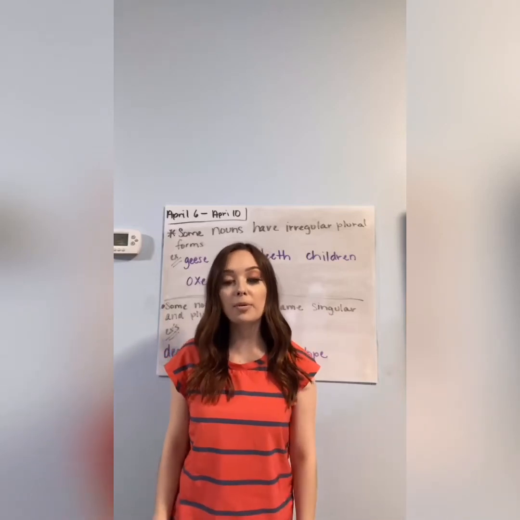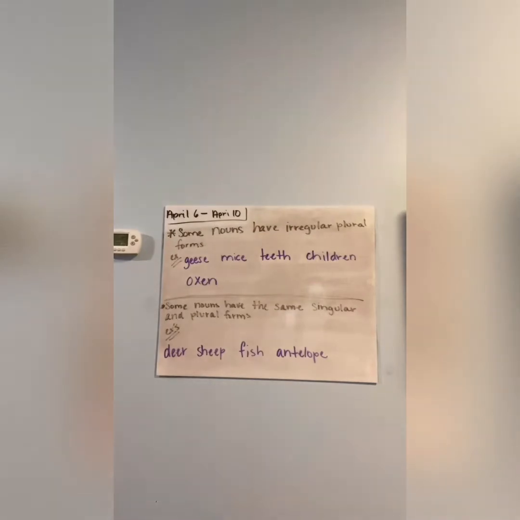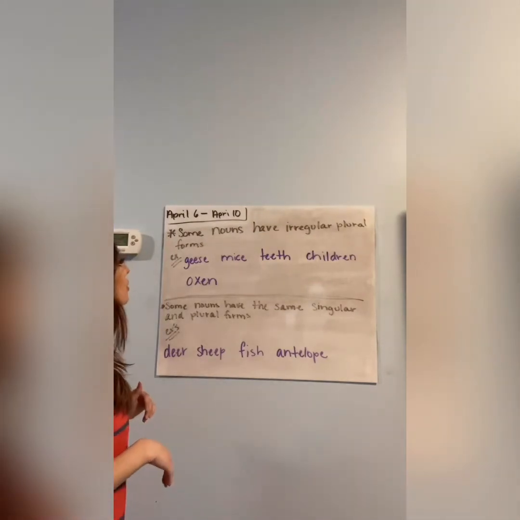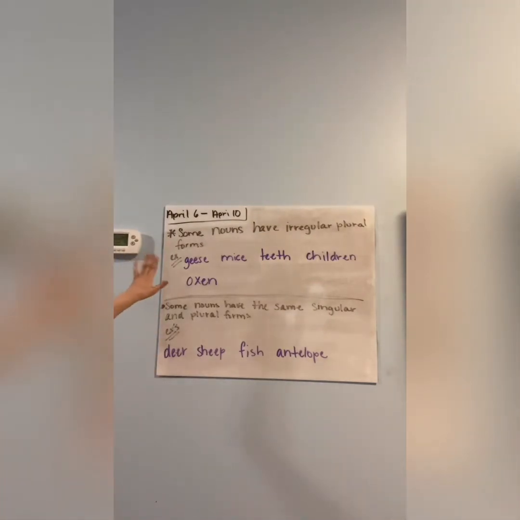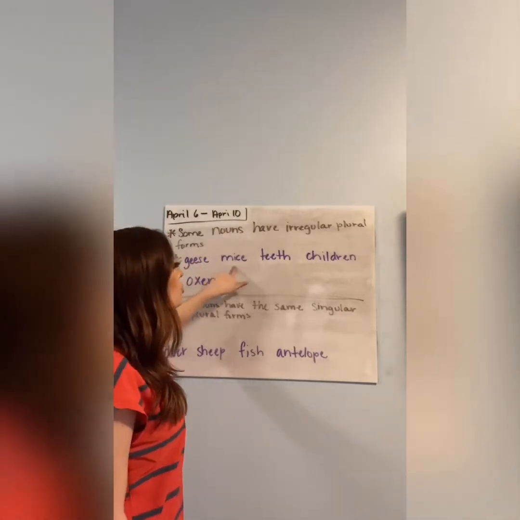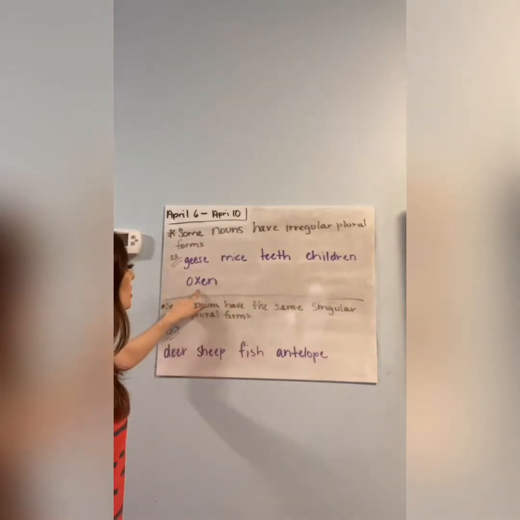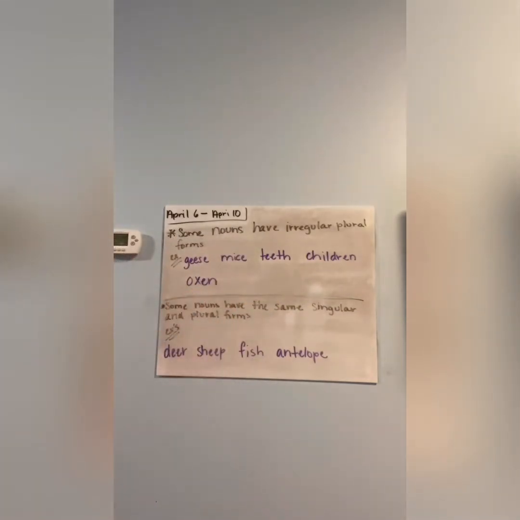Okay, so before we move on to exercise 2, I just want to go over some nouns that have irregular plural forms. And those nouns include, goose turns to geese, mouse turns to mice, tooth turns to teeth, child turns to children, and ox turns into oxen. Those are just some irregular plural nouns that you're just going to have